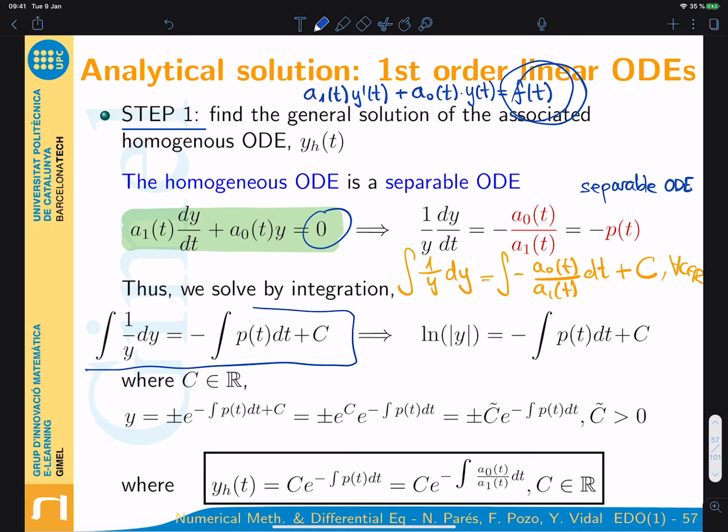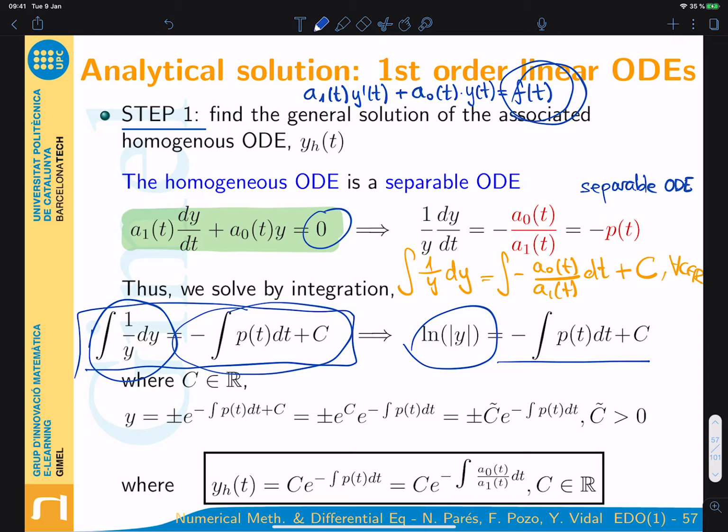You have this already written here, okay? We solved this integral and it's a natural logarithm. We will solve this integral. Now I will just keep it like this because I don't have a specific definition for this function. But of course, when we solve a specific ODE, we need to solve this integral. And once we